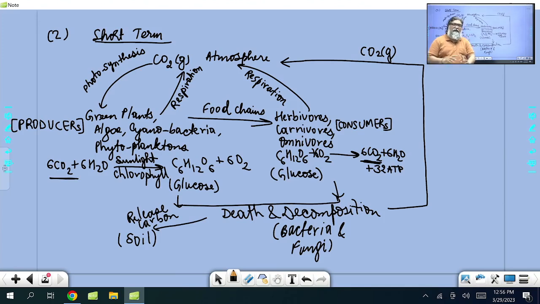And again I'll request all of you to keep on writing this. Sir, after the death of the plants and animals, when carbon is released in the soil, then after that, in respiration form, it goes to the atmosphere only. Yes, in the respiration form where bacteria respire. So bacteria will release CO2 to the atmosphere. You are correct. You are very correct. You are right.